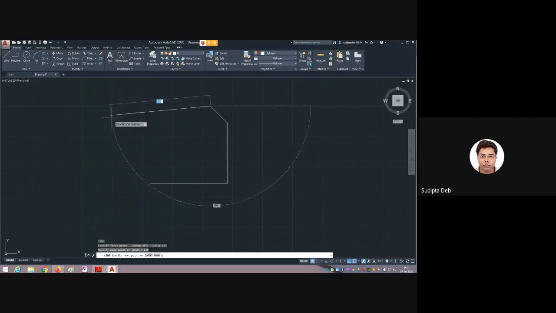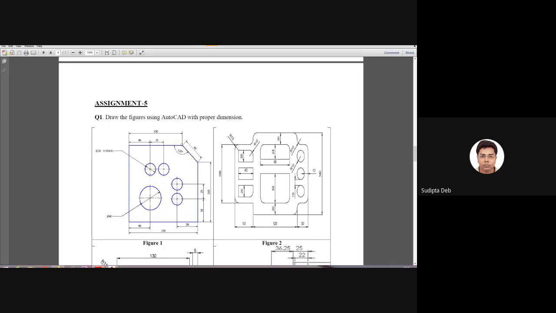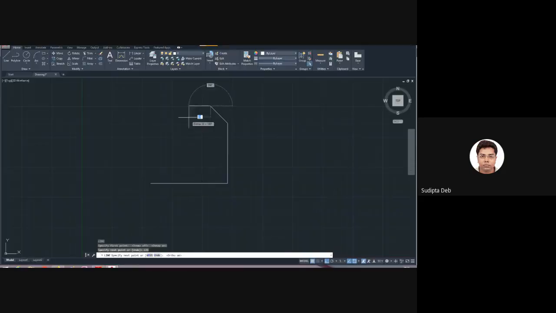Now again I want to draw in this direction. Which type of line? Horizontal line. So turn on the ortho mode again, and move your direction to this side. Now see how much distance that line is. From this point in this direction, distance is 100. So I will move my cursor, and after moving, I will put the value 100, 1, 0, 0. Press single enter.